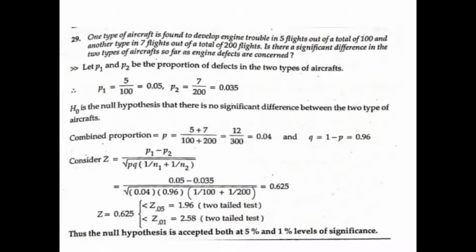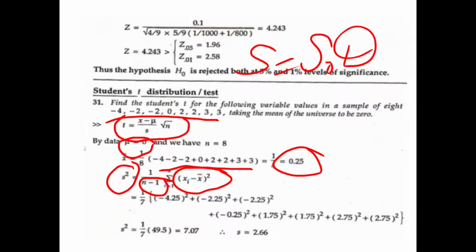Again 2 is repeated. Again we have 3 minus 0.25, which is going to give you 2.75, the whole square. So consider all the squares and then the sum of the squares. Finally you have to divide it by n minus 1. What is n? Here in this case n is equal to 8. N is the size of the sample, therefore n equals 8. This is given here also, you can see. Therefore n minus 1 is 7. Understood?